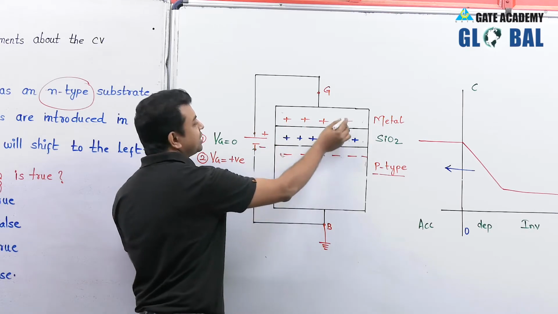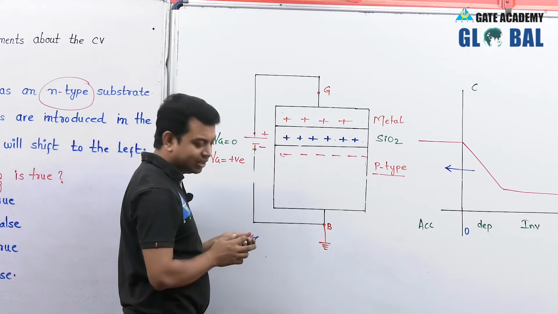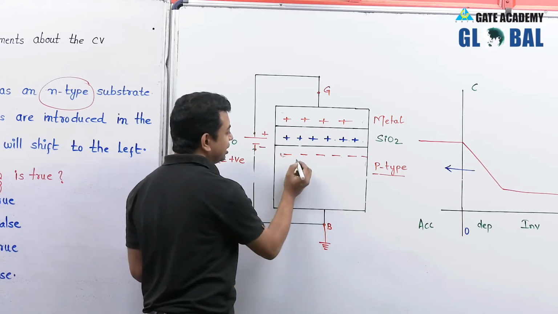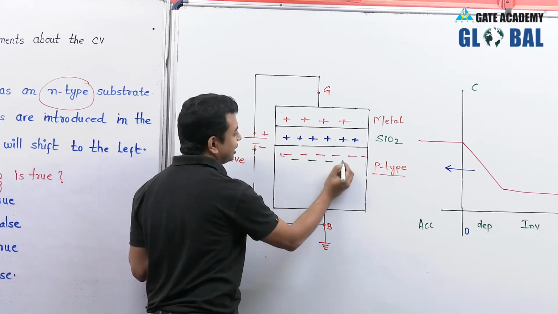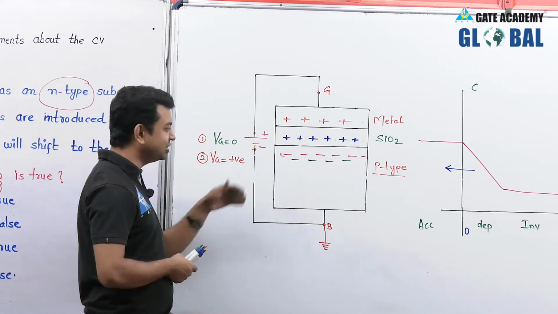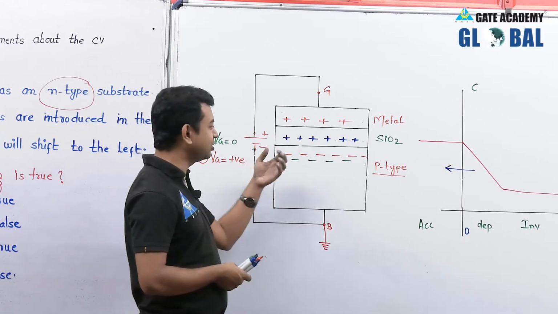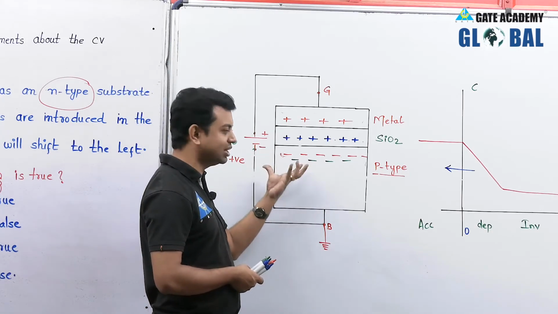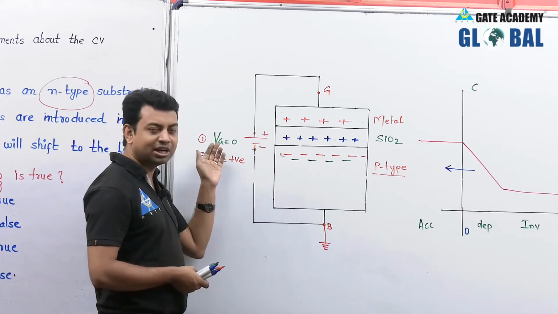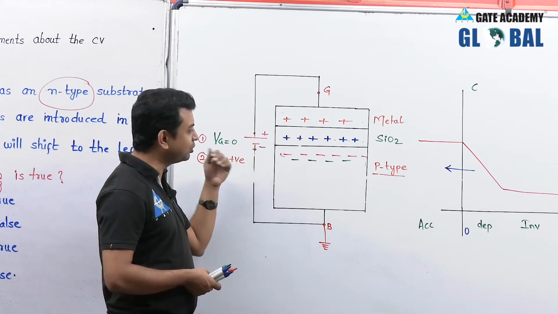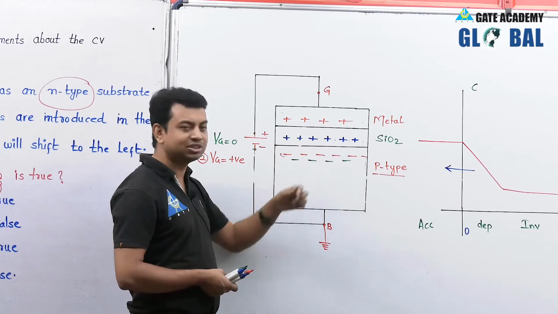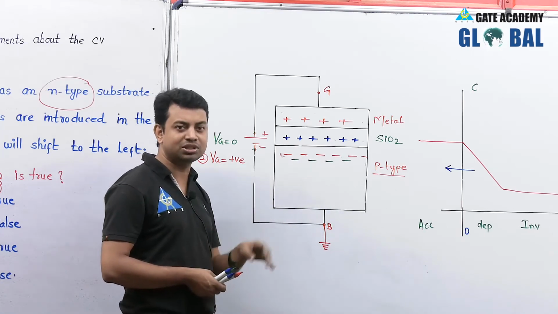So these positive charges have to be compensated. If they have to be compensated, these positive charges will result in negative charges in the semiconductor side. What does it mean? It means that the inversion, that is the electron creation in the semiconductor side, will take place at a lower potential in comparison with the potential applied without having positive charges in the silicon dioxide. I think you understood my statement.